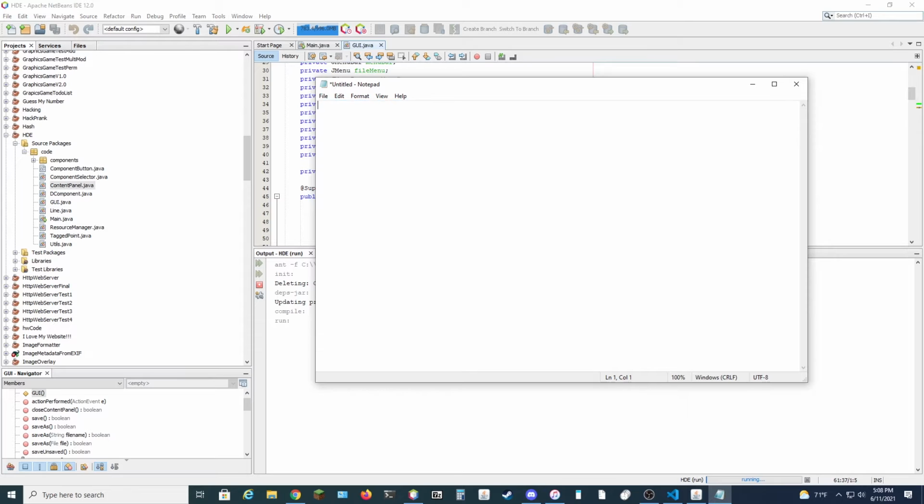So then if you do 1000 divided by seconds per frame, 1000 divided by frames per second, that's going to give you